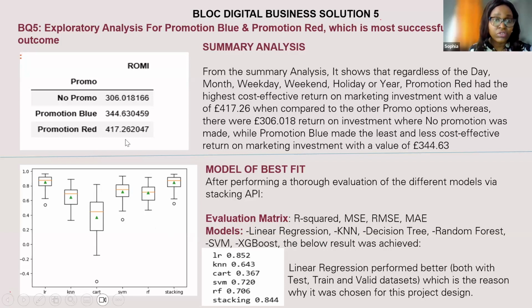So this is more like the screenshots of when all these models were actually made use of: the linear regression, KNN, the support vector, random forest. At the end of the day, we got these values and we realized that linear regression outperformed the others. It came out with the best results at the end of the day with 0.852. So with that, we would then use linear regression, because it performed better both on the train data set and